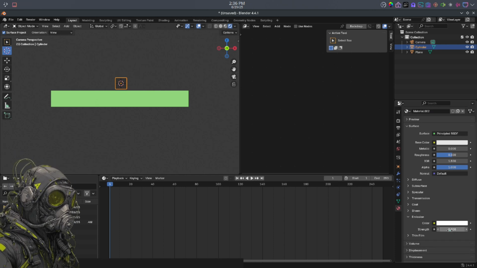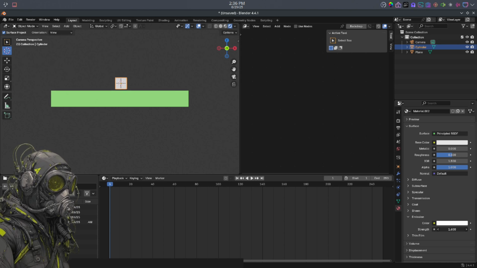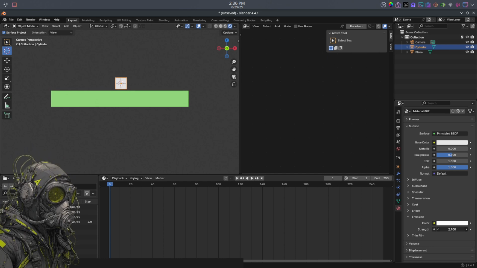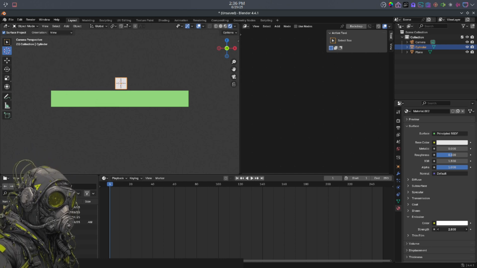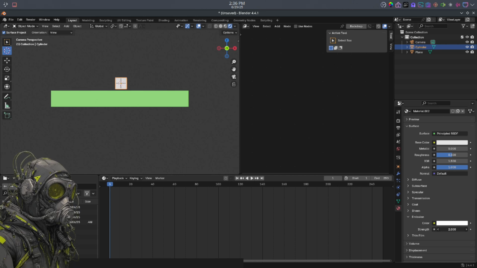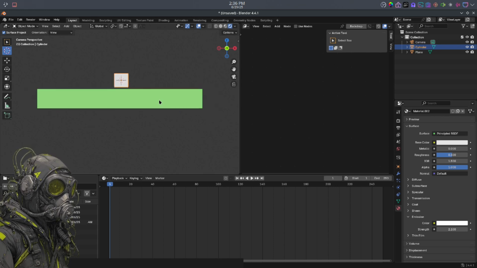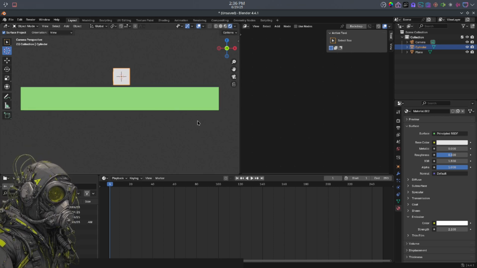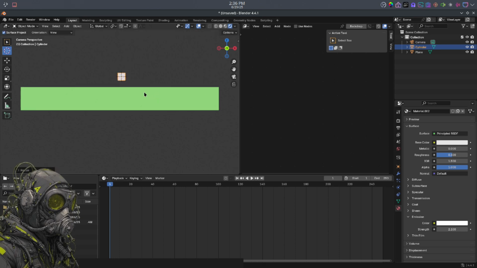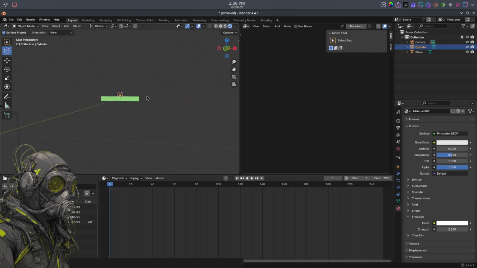BSDF. You want to keep your shader BSDF because the game engine doesn't like emission shaders. They will glow, but they won't send light in Eevee unless you put a volumetric box around it. And then at that point, the game engine will run really slow because volumetrics are slow, because they all run on the processor, not the GPU. Also, I don't think the game engine has updates for volumetrics. So